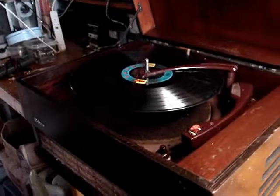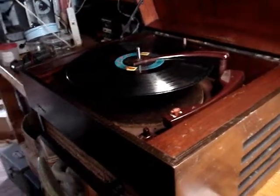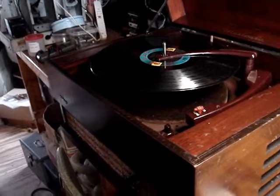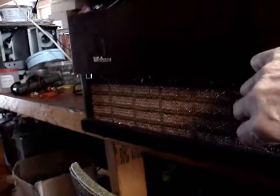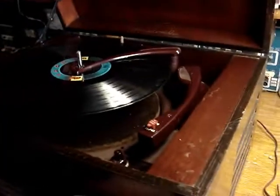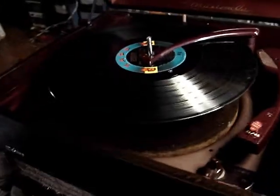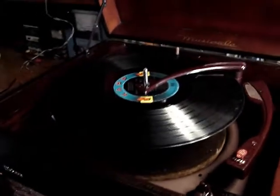Well, I've got it all together. I needed to get it together to get it off the bench because I got other things to do, but there's a problem. One of the things I fixed, if you look over here, I don't know if you can see it, the pilot light, that was pushed all the way up inside. But I've got a 33 on here,